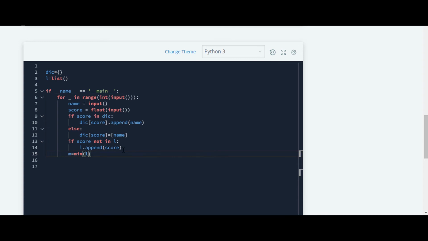Here I have taken the minimum element from this list and stored it in the variable m, and then I'll remove that m from the list. That is, I'll remove the minimum element from that list.